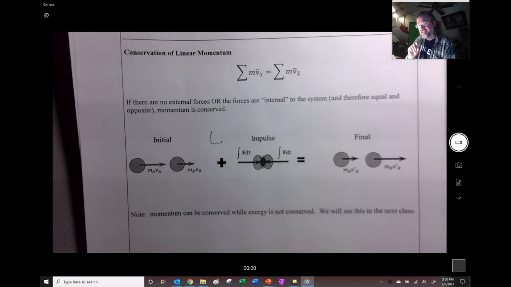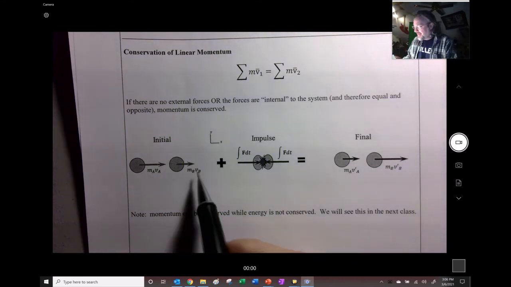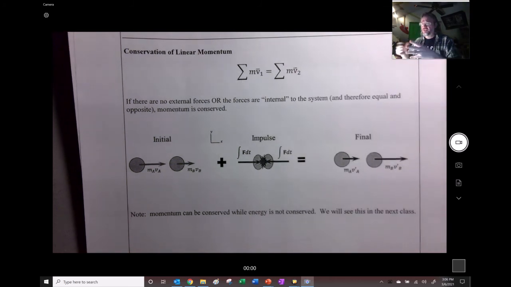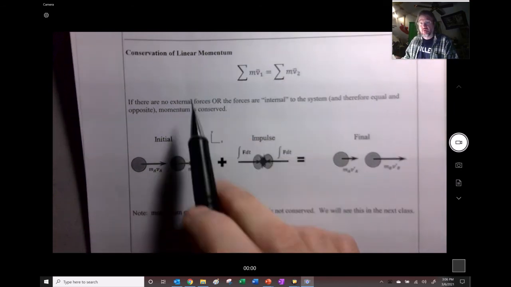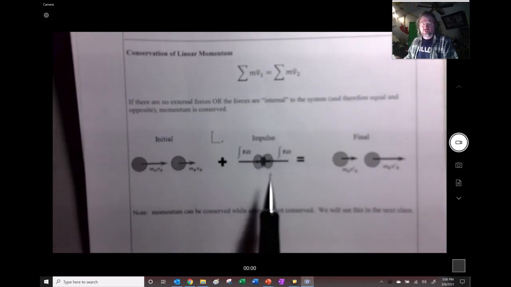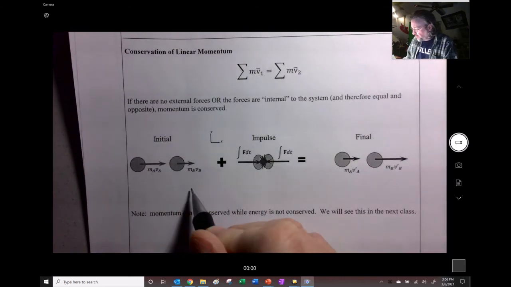Or if we define what we're working on, and instead of just an individual particle, we could have a system of particles. And when that happens, we will have an equal and opposite impulse. And so it cancels out. So how we define the system that we're working on can turn it into a conservation of momentum, because what's happening here is that impulse is not external, it's an internal thing, and it'll cancel out, right? So I think we could say right here, now